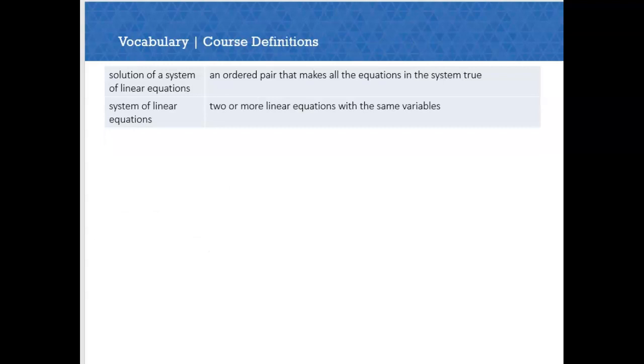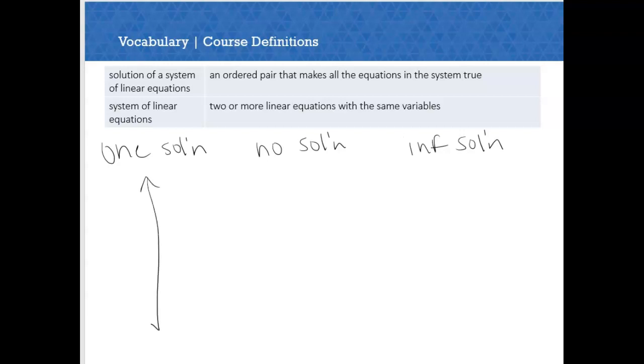Something I just want to briefly talk about: in Unit 2, when we were solving equations, we found that you could have one solution, no solution, or infinite solutions. And we have that same case here. And so what we're going to find, just visually,